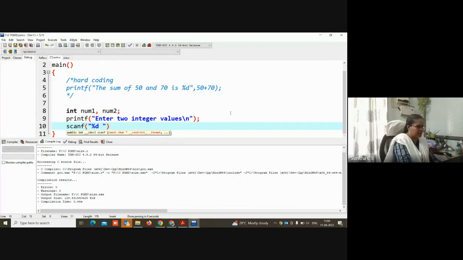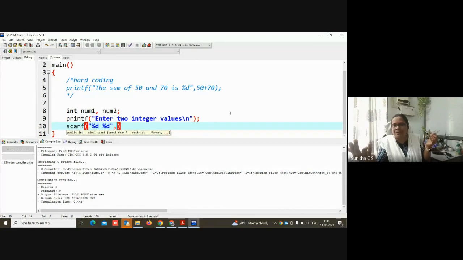I'm giving a space and another %d also. And these values given by the user, where should they go? The first value should go and sit in num1, and the second one should go and sit in where?